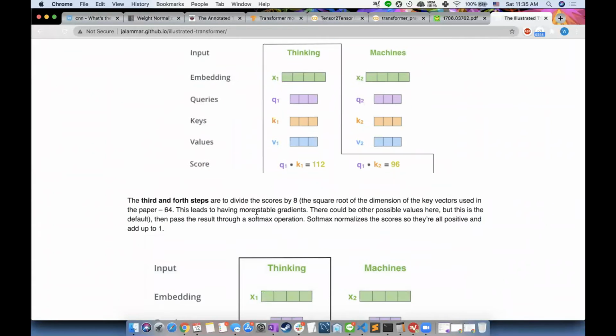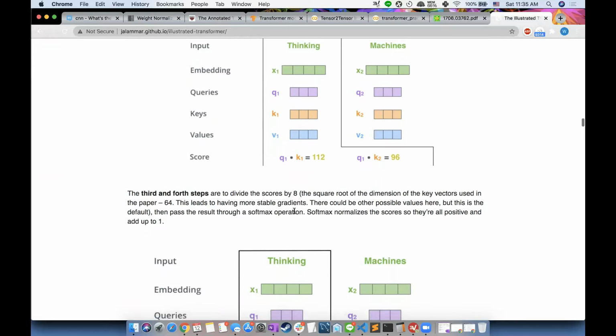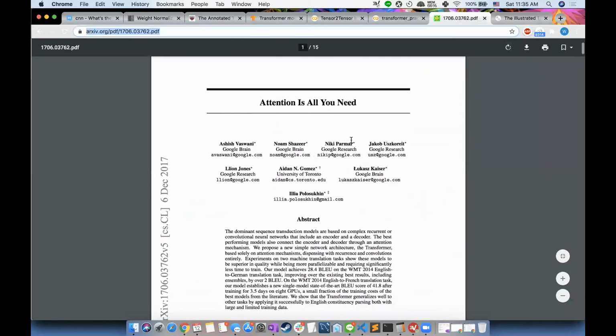Okay, the third and fourth steps are to divide the score by 8. We talked about that. This leads to having more stable gradients. So, we are actually going to talk about